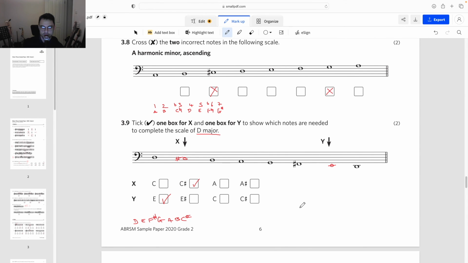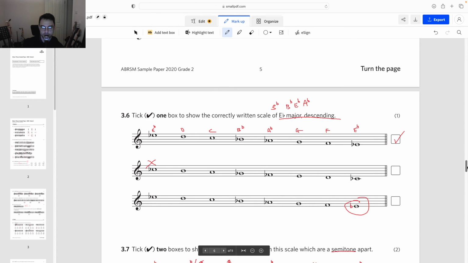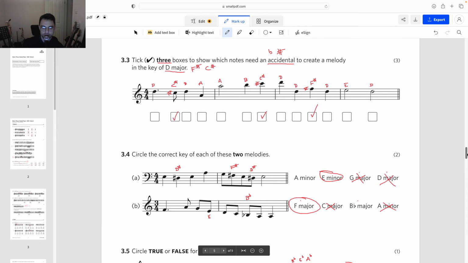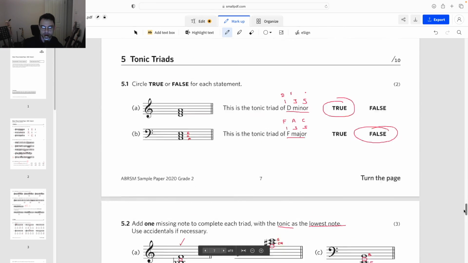Was it this here? I forget, but we had an E harmonic minor that we had written out. That was it. It was 3.4. We figured out that this was some kind of E harmonic minor melody that was being played because of the D sharp and the F sharp. So let's go back down to section 7